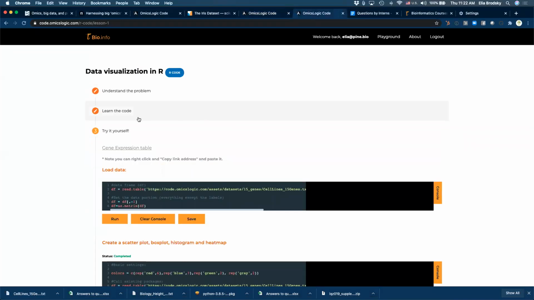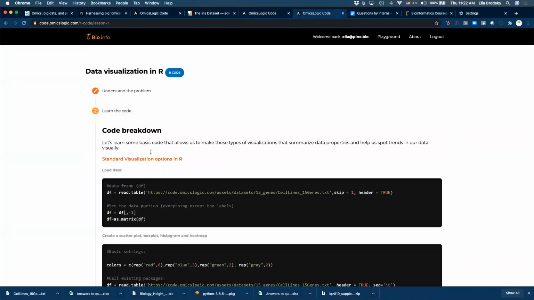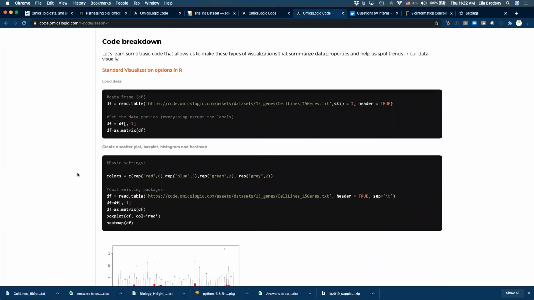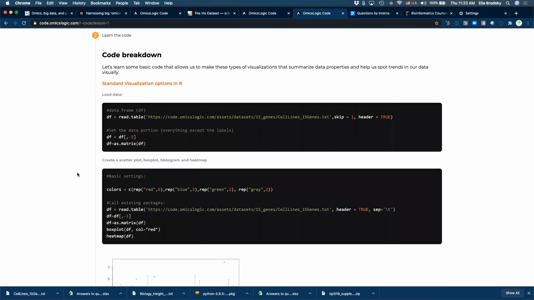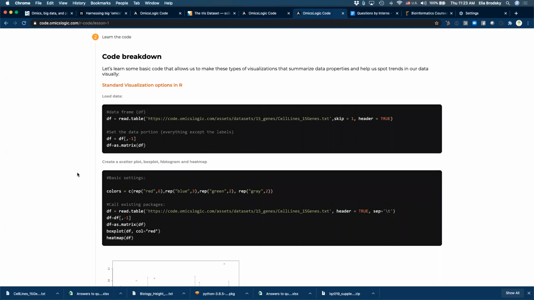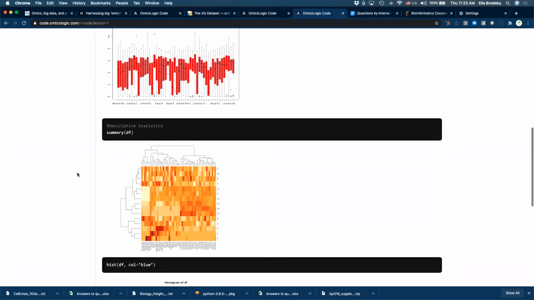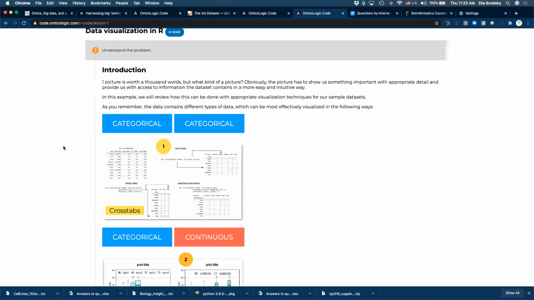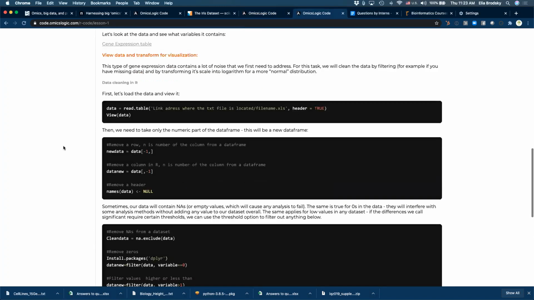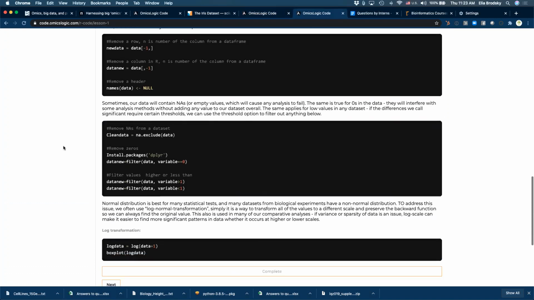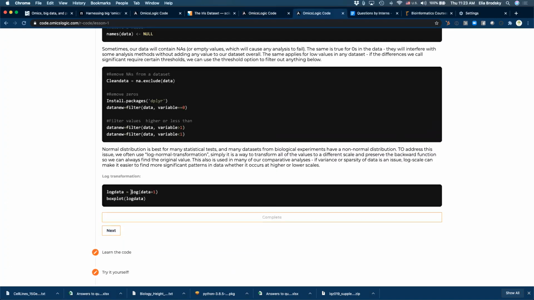So how do you actually do that, you can see here a little guide. You see, log data plus 1.